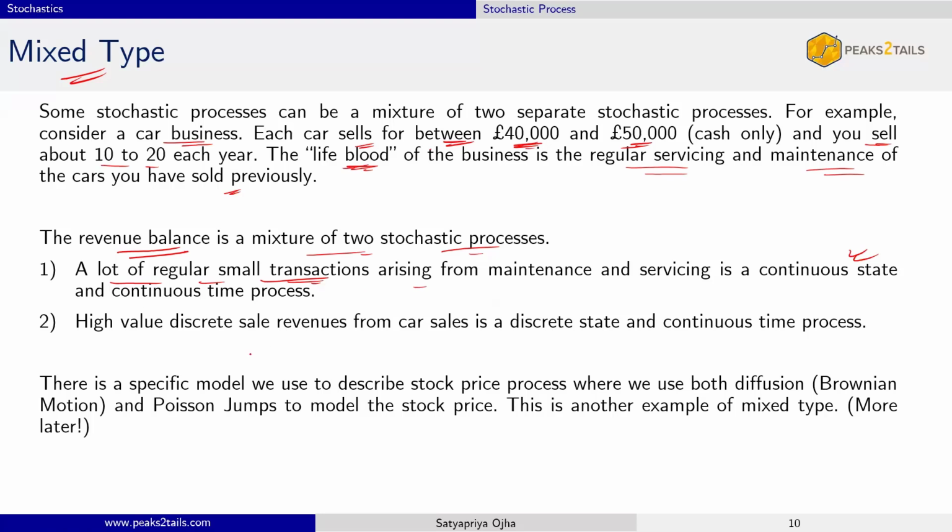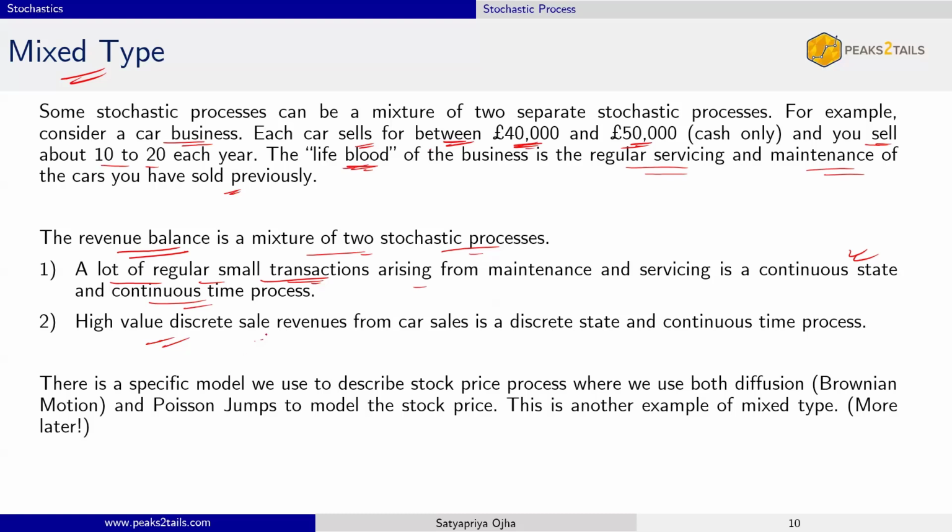And it's continuous time as well, because maintenance and transactions can happen anytime. So it's a continuous time, continuous state kind of process. So you have to model the maintenance part of it using a continuous time, continuous state stochastic process. And the second one is, okay, so here I have each car sells for,